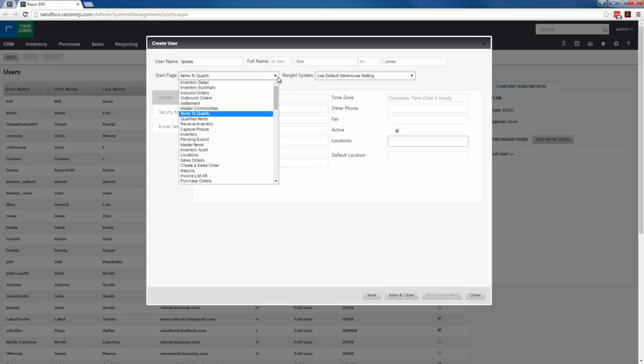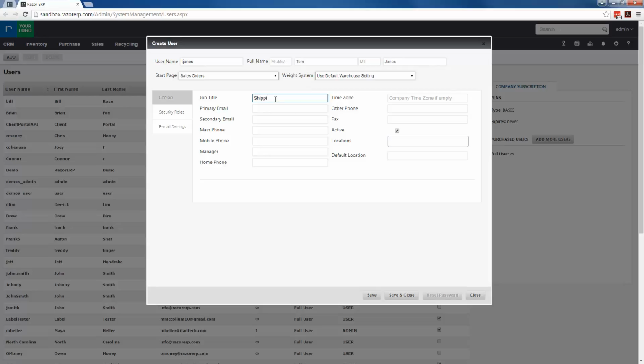The start page is whatever page you want the user to come to first, so when the user signs into the system, the first page that they're going to see. This really depends on the role that they're going to fulfill as a user. In this case, I'm going to make Tom Jones a shipper, the shipping manager. So the first page he's going to see is the sales order page, so he can see which sales orders are pending shipment, etc. Job title, primary email address,